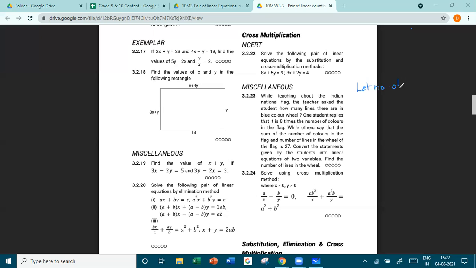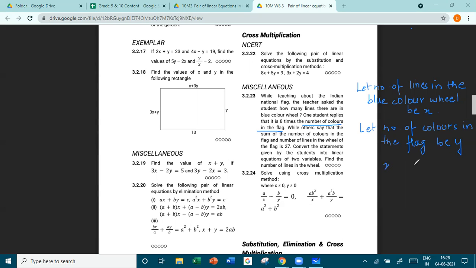So let number of lines in the blue color wheel be x. What would be the second variable? Because the student is answering in terms of something else, right? 8 times something else. So definitely that would be your other variable. That's how you break down the question. So let number of colors in the flag be y, right? So using that, your first equation should be